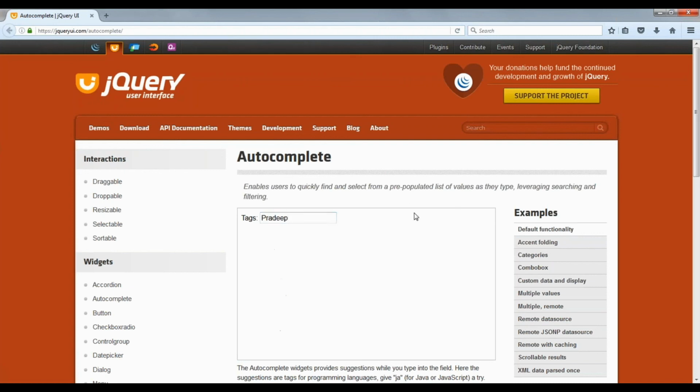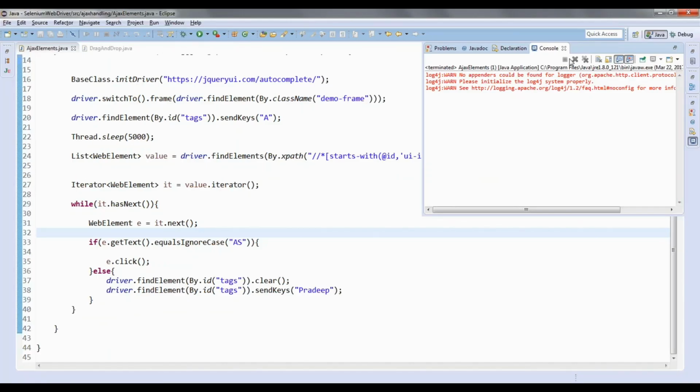You can see here, it is entering Pradeep. Is it correct? Yes. So that's how you will be passing the values there.